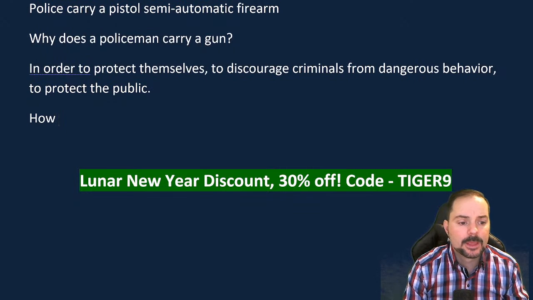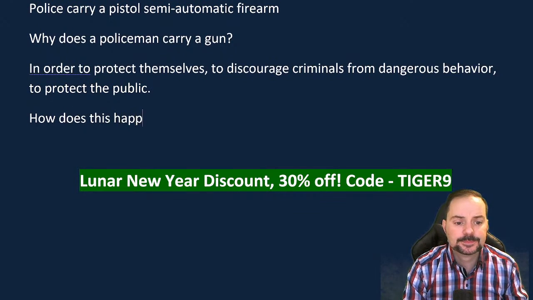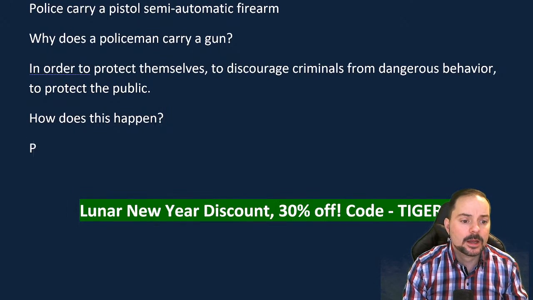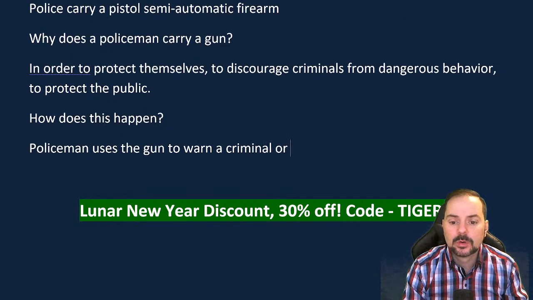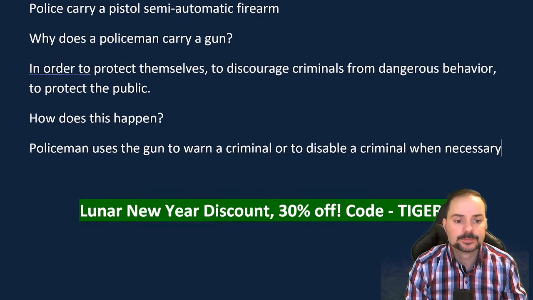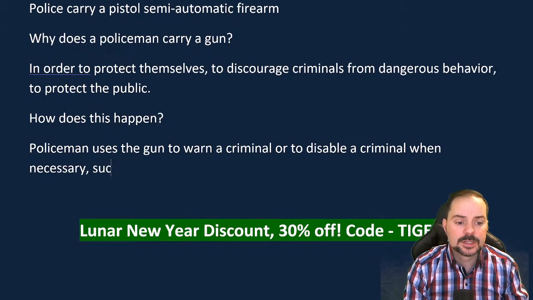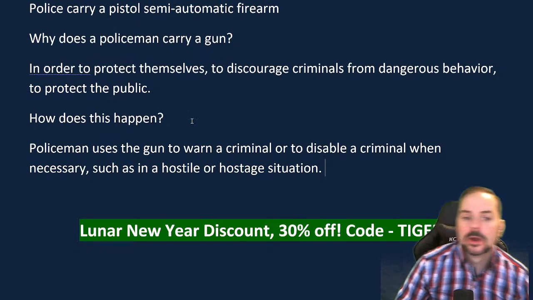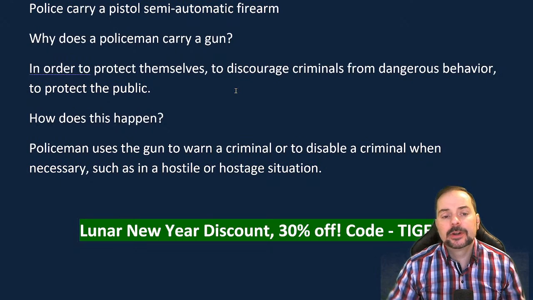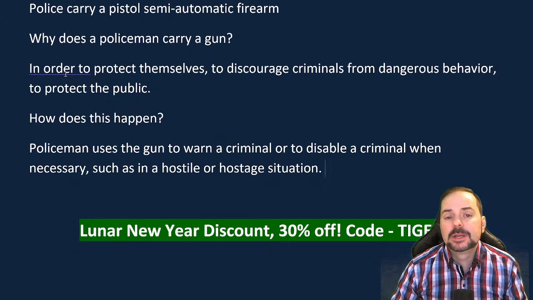How does this happen? Right? Policeman uses the gun to warn a criminal or to disable a criminal when necessary. Okay. Such as in a hostile or hostage situation. Okay. All right. So here I'm going a little bit faster because I'm showing you that, you know, this